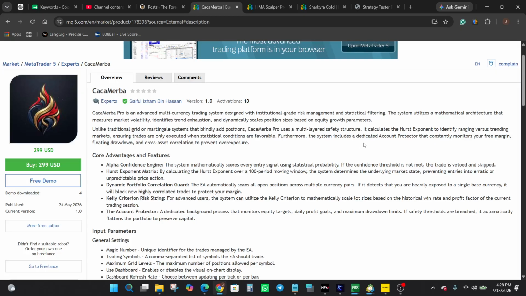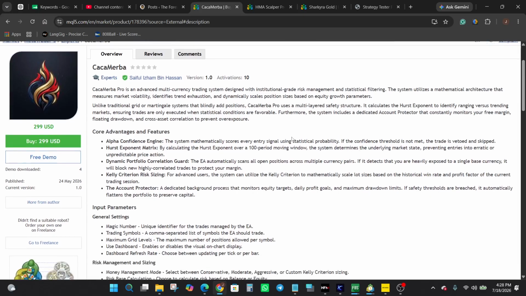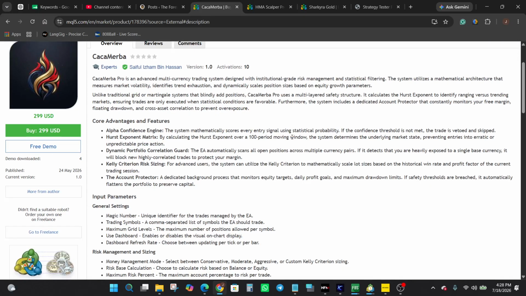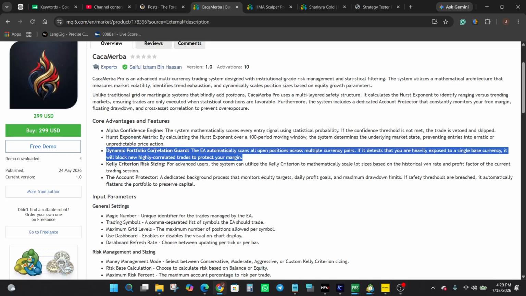cross-asset correlation. Now, moving through the core advantages section, there is what is called an alpha confidence engine that scores each entry signal statistically and skips trades that don't meet a confidence threshold. The Hurst exponent matrix calculates market state over a 100-period window before allowing entries. There is also portfolio correlation